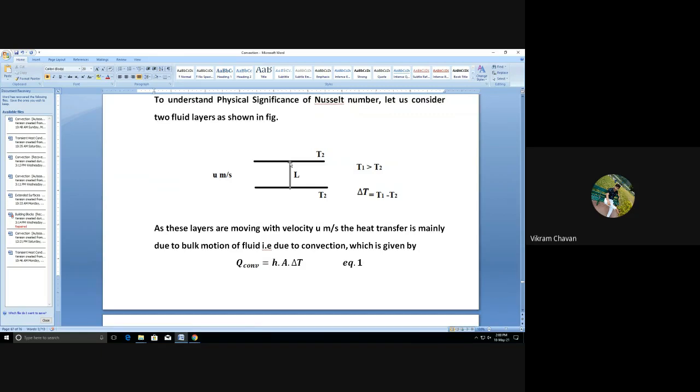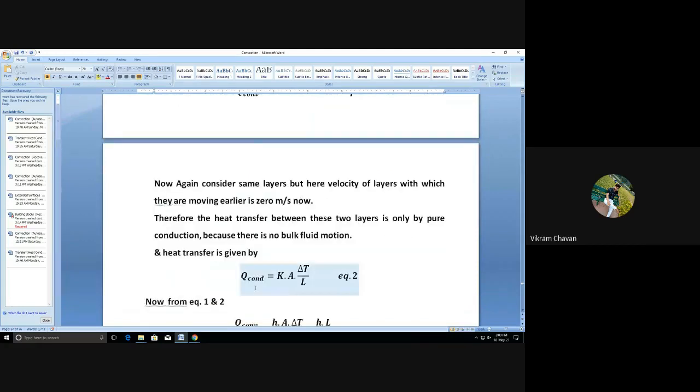And we have to apply Fourier's law to determine the heat transfer rate. So according to Fourier's law, if you apply it for the heat transfer between these two layers, Q conduction is equal to K multiplied by A multiplied by delta T divided by L, where K is the thermal